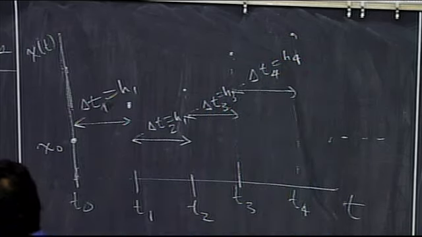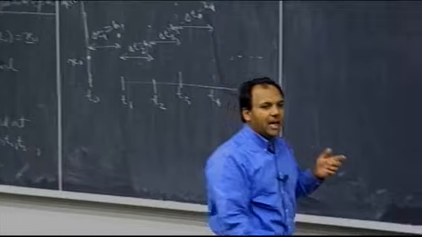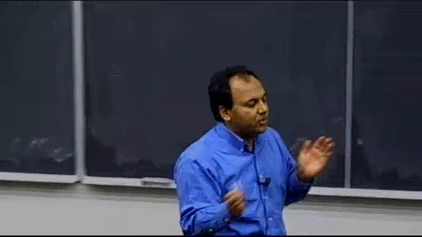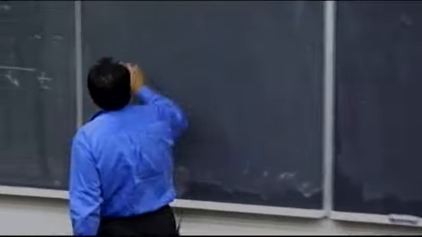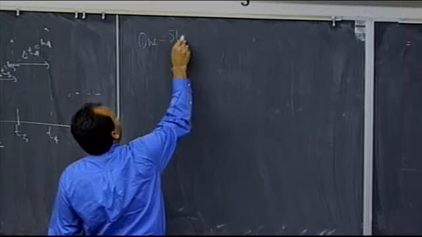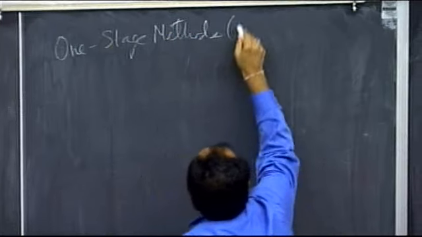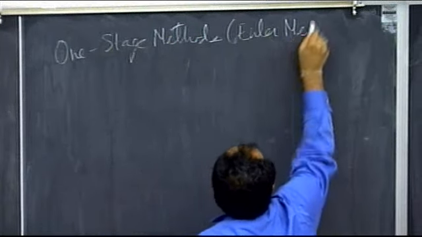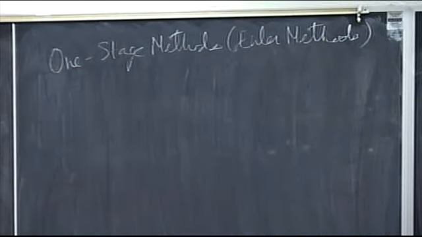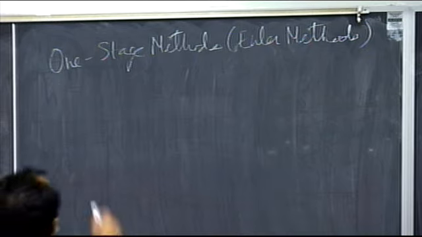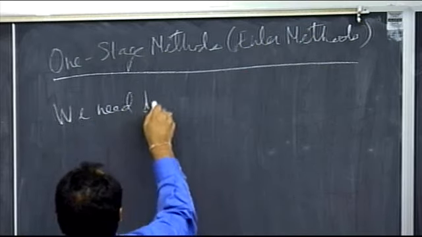Now, the step takes us to the next point. We don't necessarily have to take that as one stage. We can do it in one stage or in multiple stages. So the first thing I'm going to talk to you about are what are called one-stage methods. They're also typically known as Euler methods, because I guess Euler came up with this first. The first thing you do is say that we need to approximate